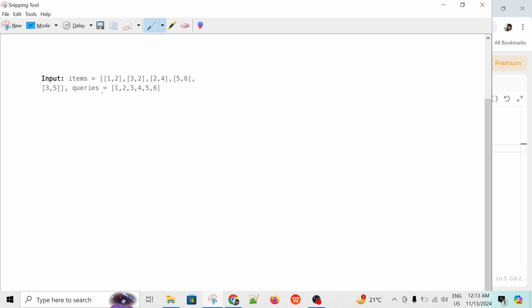Because it is not dependent on the indexing, you can check the index of this one is 2, and this one is 3, and this one is 4. So I thought the index doesn't matter. Why do we not think about sorting the array? I was thinking that if I sort this array,